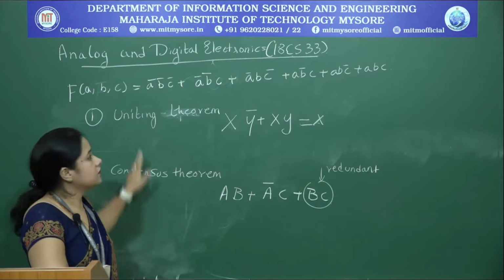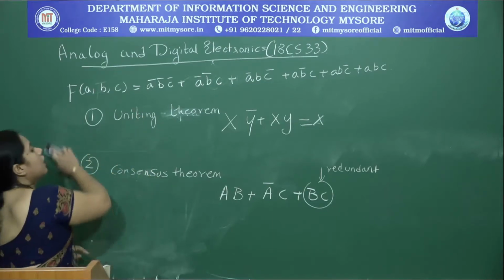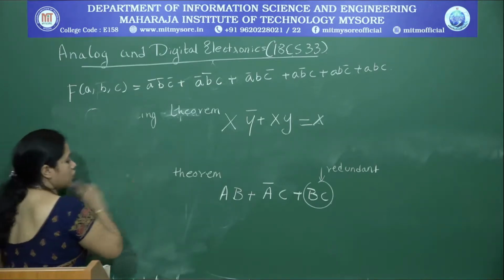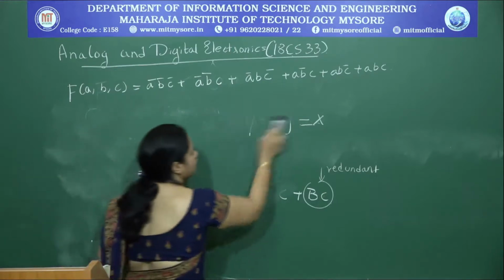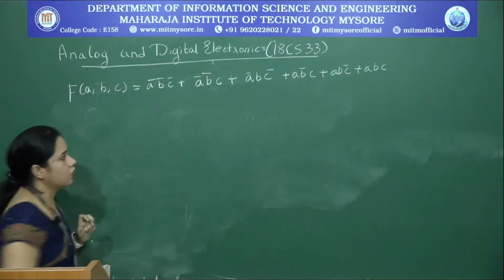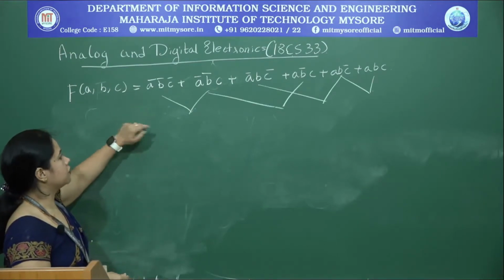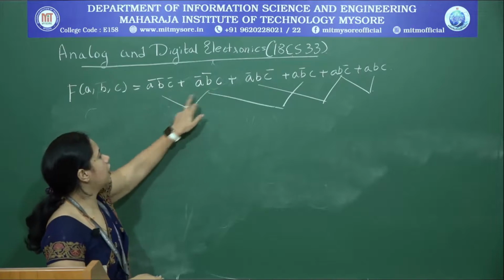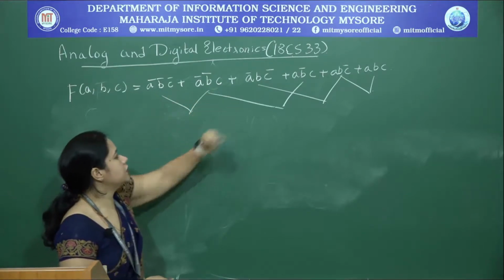But what happens is not all solutions are minimal solutions. We will just take up what different combinations can be used, and what the result is going to be. So, here I am using one of the possibilities wherein I am trying to apply the uniting theorem on the following pairs.